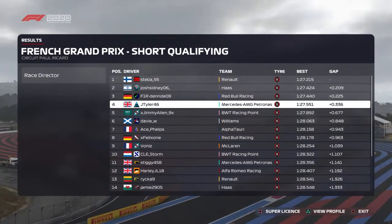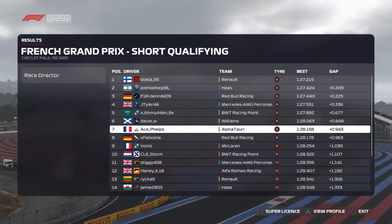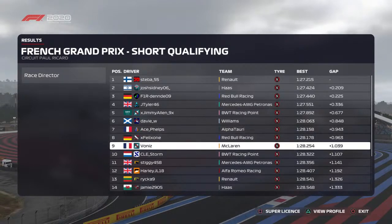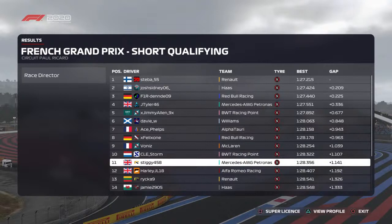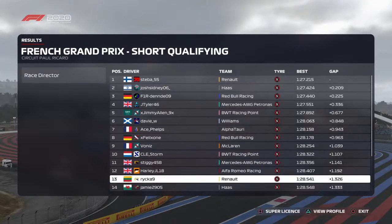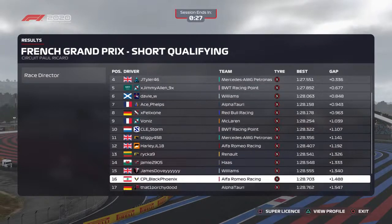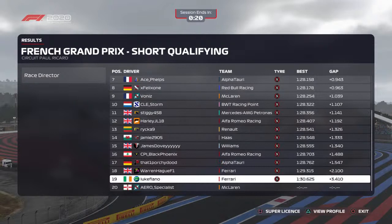P3 goes to Dende, P4 Jay Tyler, P5 Jimmy Allen, P6 Davey W, P7 is Ace Phelps, P8 is Felix One, our current championship leader. In P9 is Voint, P10 CLE Storm, P11, and the first of the drivers to get a free strategy option is Stiggy. Then Harley in P12, Riker 9 in P13, Jamie 2905 in P14, James Dovey P15, CPI Black Phoenix in P16, 17th is That Porchy Door, in P18 is Warren Haig, P19 is Luke Flano, who has left the